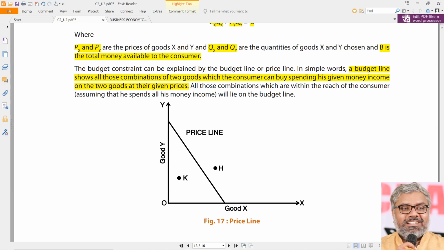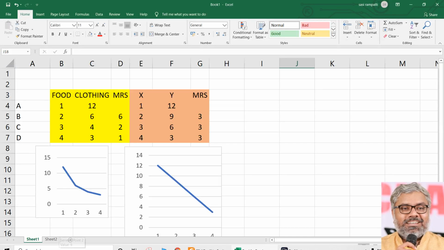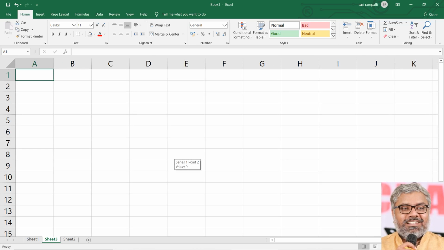We can check this one with an example, just like earlier. Let us take another example with the combination of 2 commodities, let us say X and Y, or chocolates and pens, as we have already taken. The price of the chocolate was 10 rupees, and the price of the pen was 20 rupees, and the money available with you is only 100 rupees.